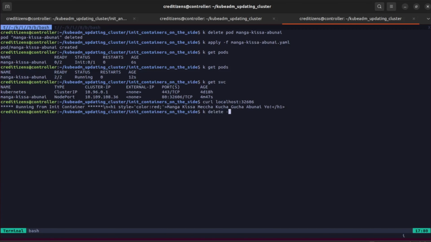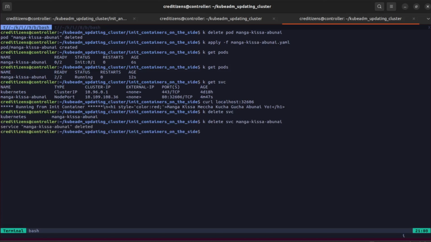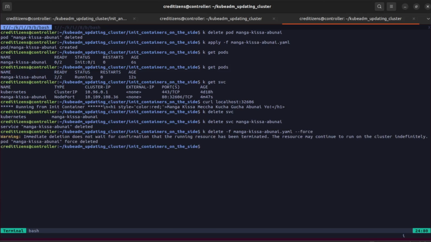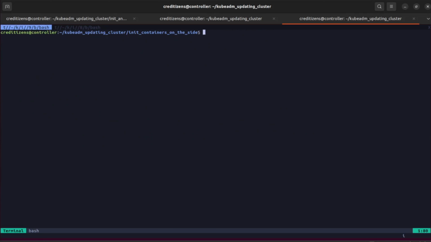I'm going to tear everything down. So here you're going to use the first concept that we've seen in the first part of the video, init containers. After, you need to use the second part of the video where we activated the feature gate for sidecar containers. If this feature gate is not activated, by default you need to activate it yourself, the way that I showed you if you have a Kubernetes cluster. And after that you'll be able